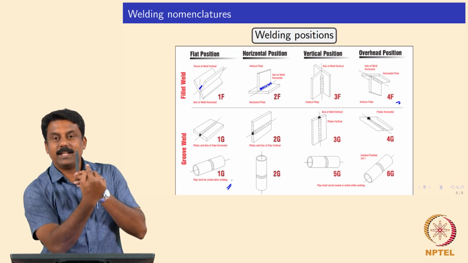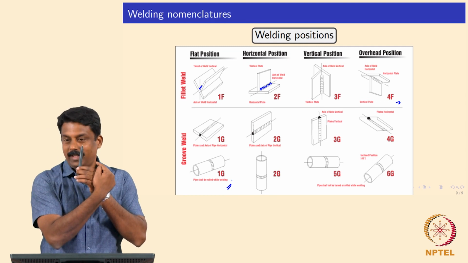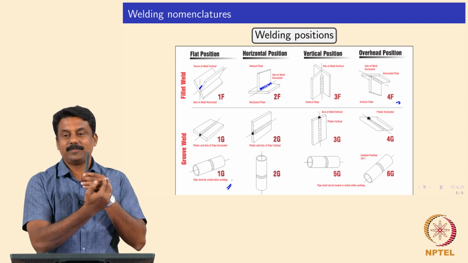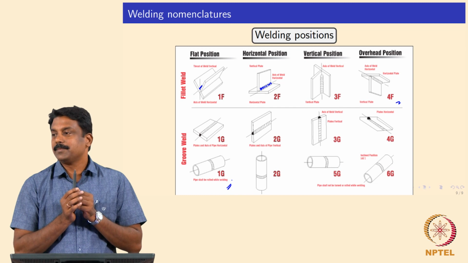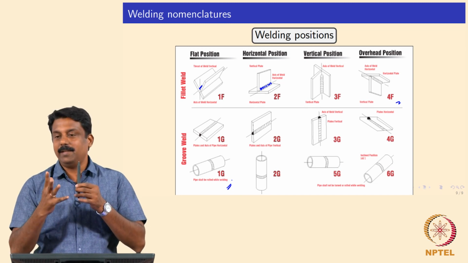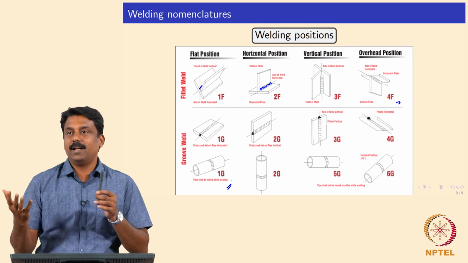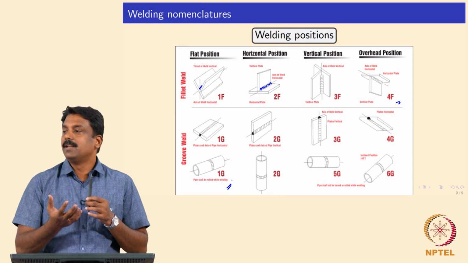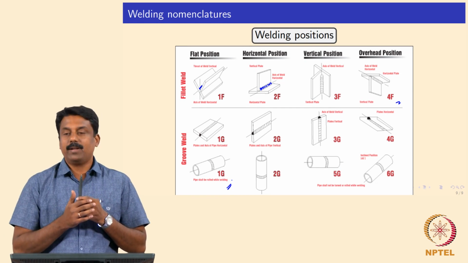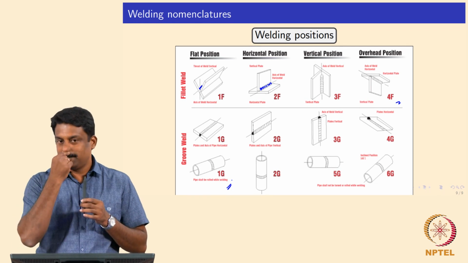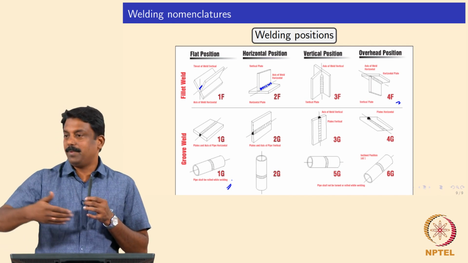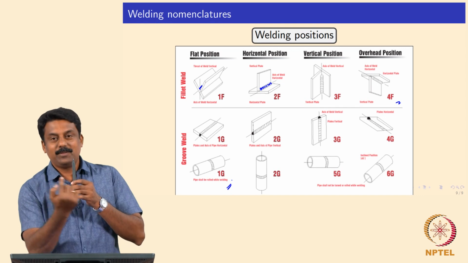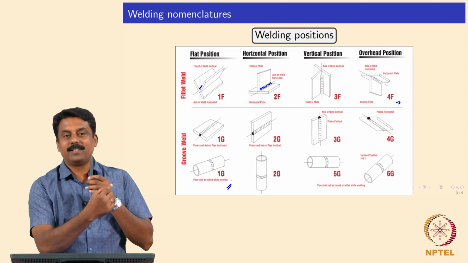When the torch is moving around a stationary pipe, or basically the welder has to go around, that's 5G. So the pipe is not rotating. The 5G configuration, you can easily imagine, is used for welding long-distance pipes. For example, if you want to have offshore pipes welded and then laid onto the sea bottom, how do you rotate the pipe? It's not possible because the pipe length can be several thousand kilometers. You cannot rotate the pipe. Only the welder or the torch has to go around, isn't it?